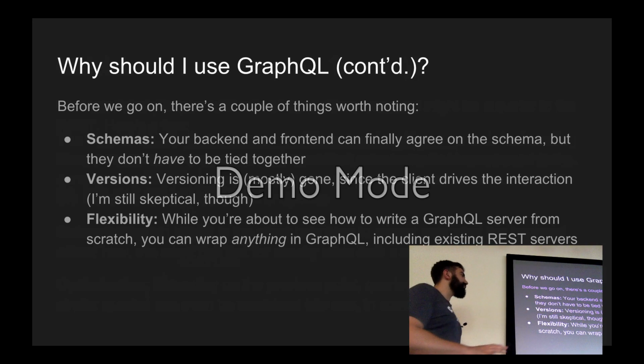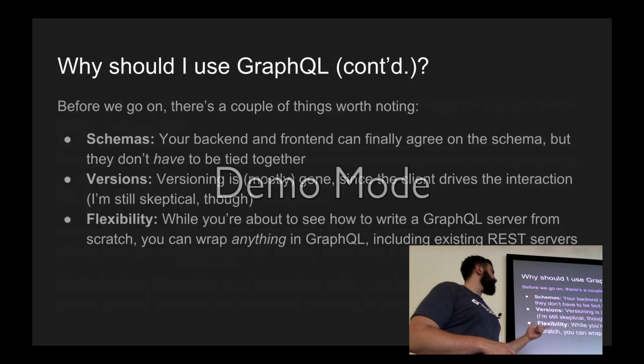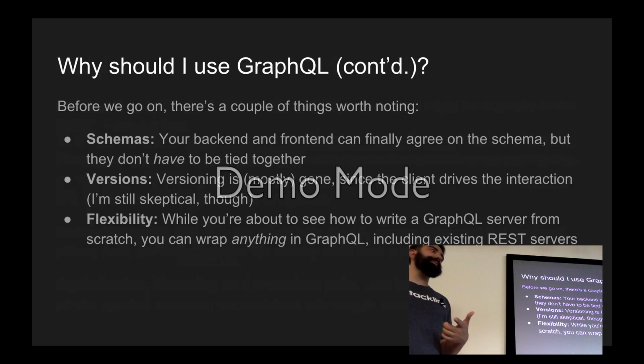So versioning is always going to be a problem in computer science and engineering. But it is different, and it is a different paradigm. So some of the issues there are solved. And finally, flexibility. We're going to look at how to write a server from scratch in JavaScript, again, my lingua